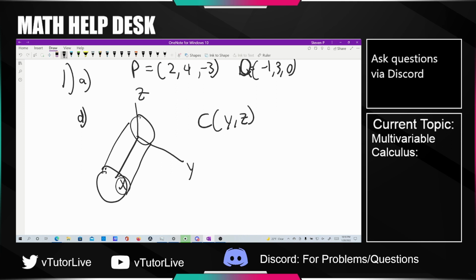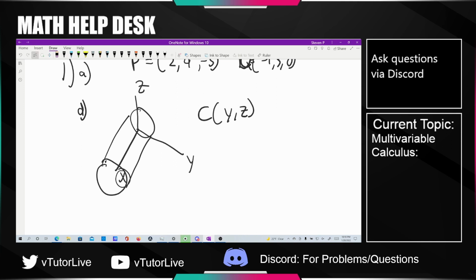Okay? Yeah, because remember, for an equation for a sphere and an equation for a cylinder, since everyone typically knows the equation of a sphere from other classes, you pretty much just omit the variable that it is being centered about. Exactly. It omits x. So all that this question is really asking you to do is